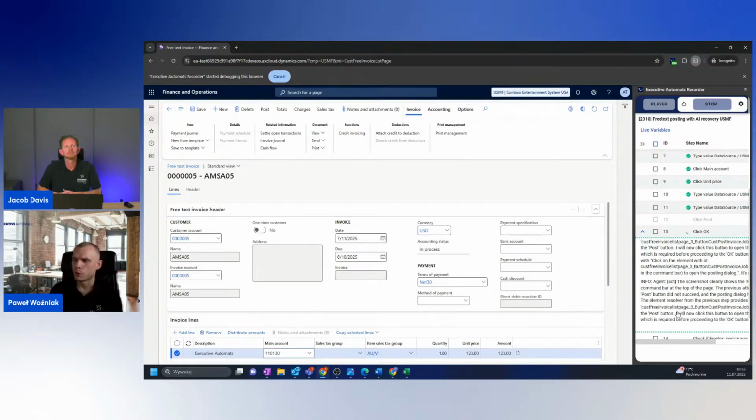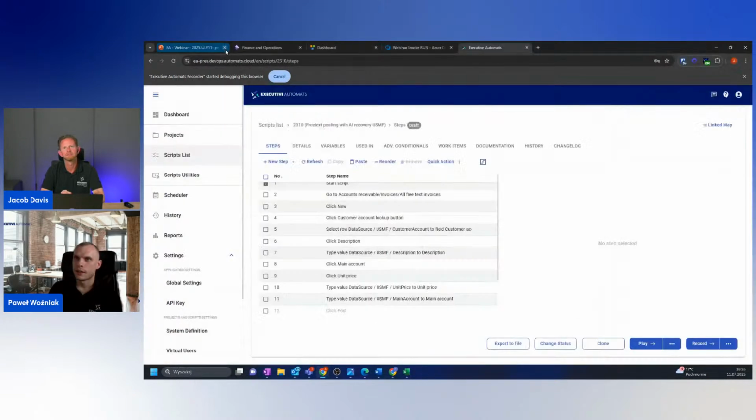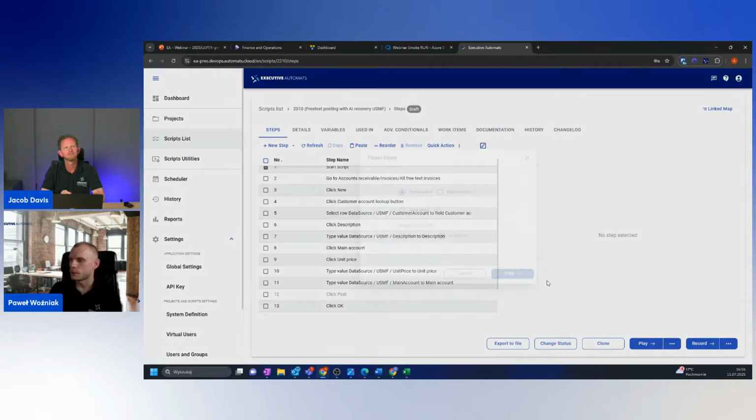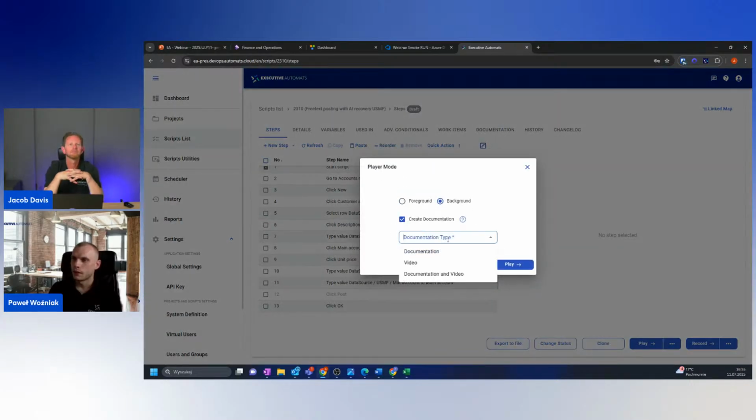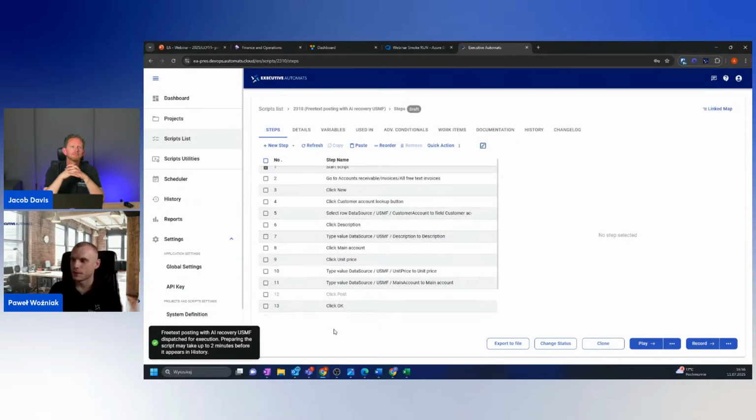If this won't work, I will also rerun it in the background to get this result again. Let's see how it goes in the background. Of course, this is a new feature. I'm still mastering it, so